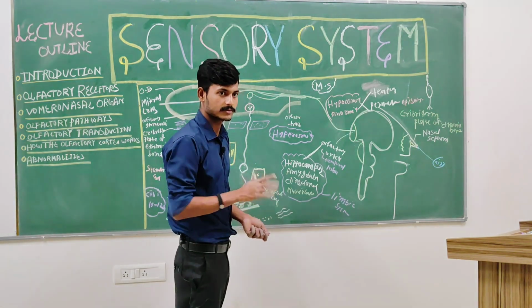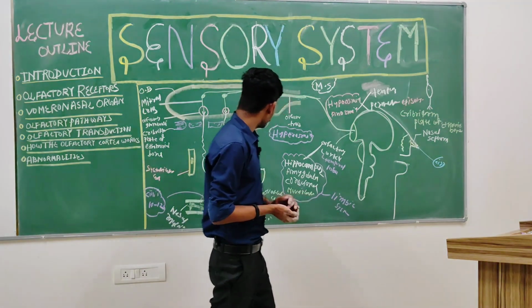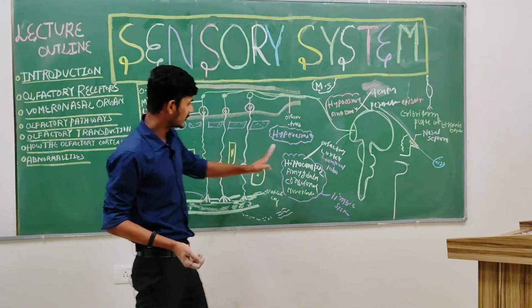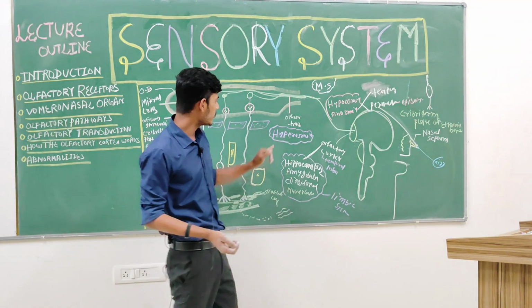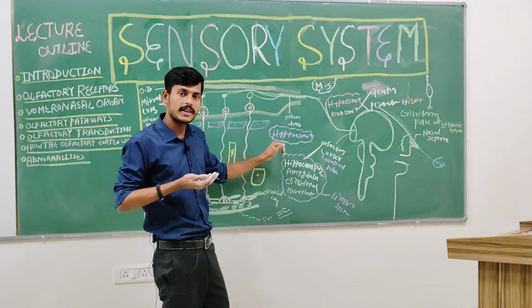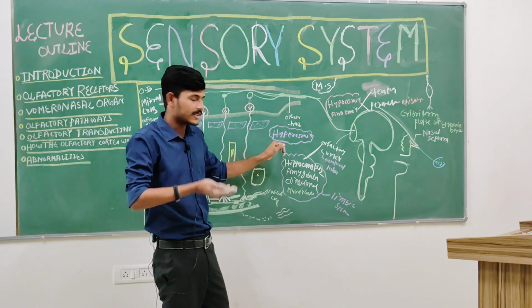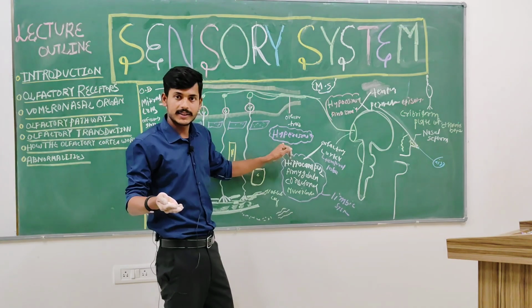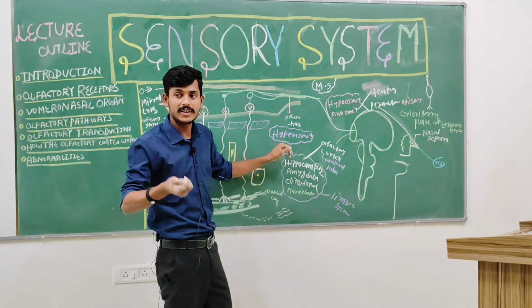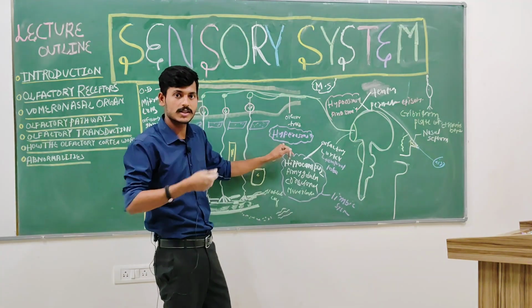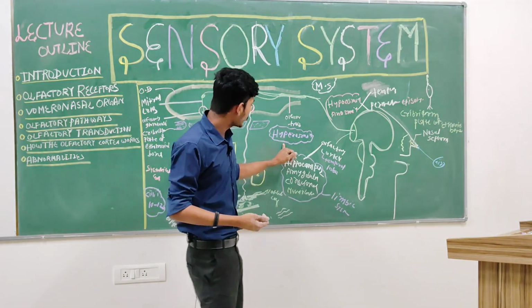Shall we repeat? Understanding? Okay. So about the abnormalities, the three conditions we've seen. The first condition we've seen is hyperosmia, where the sense of smelling is heightened. The sense of perceiving the smell is heightened. It commonly happens in the case of pregnancy, like in morning sickness, which will lead to nausea followed by vomiting.